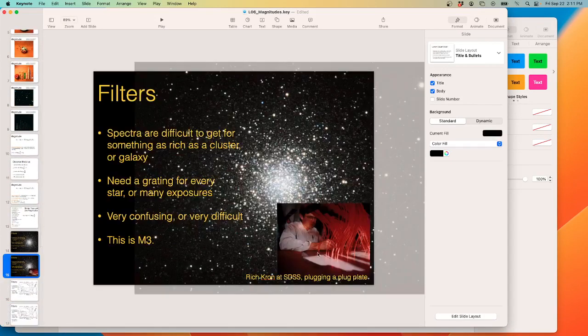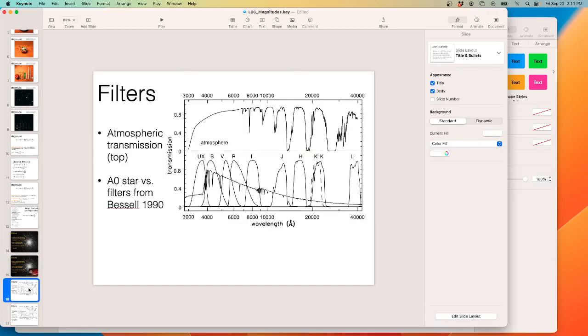Here is a man plugging fiber optic cables into a big plate at the Sloan Digital Sky Survey so they could do spectra of a whole bunch of things at once. Very cool thing, very labor intensive. So what we want to do is just look at sections of this spectrum at a time, and we do this with colored pieces of plastic. It's really cheesy, but we get very specifically designed colored pieces of plastic. These pieces of plastic take our black body,